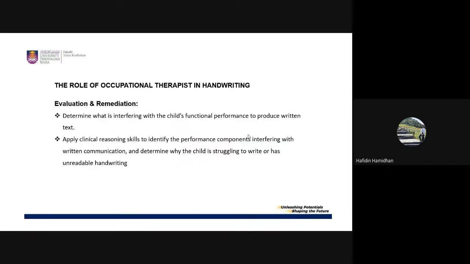Okay, apa peranan kita sebagai occupational therapist dalam handwriting ni? Peranan kita adalah mostly based untuk buat evaluation dan juga remediation kepada handwriting difficulties. Untuk evaluation, peranan kita adalah untuk determine what is interfering with the child's functional performance to produce written